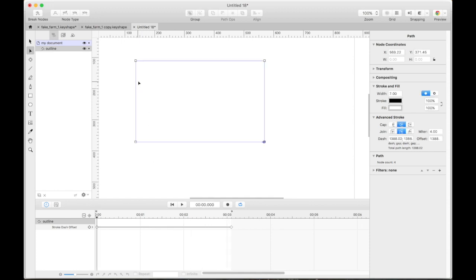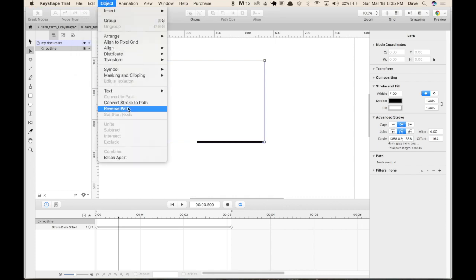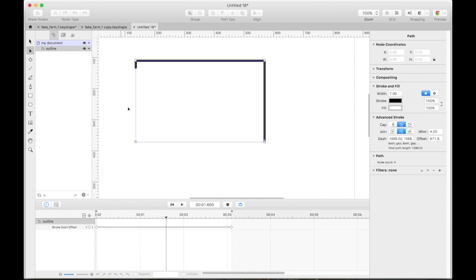And the other thing I wanted to say with that is the reverse. So let's say we like it down there, but we want it to go up this way instead of that way. So you would go to a reverse path, I believe. Yep, there we go. So you have control over which node starts this and which direction it goes. You also have control over the speed and the time.